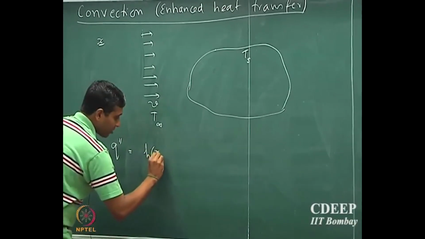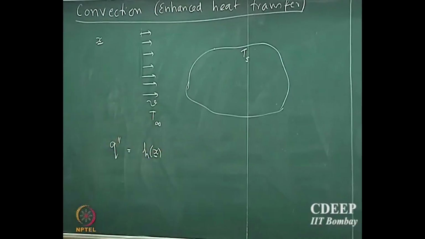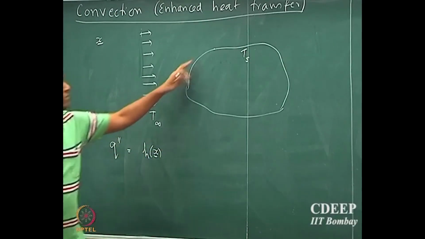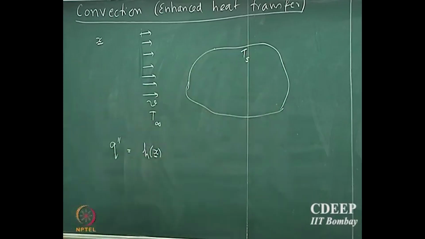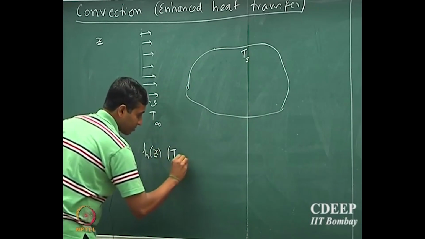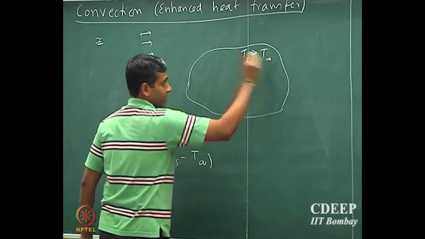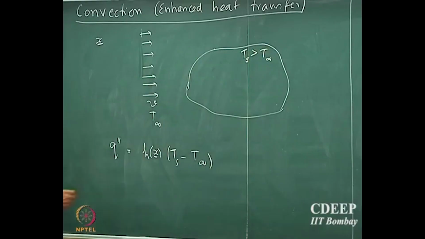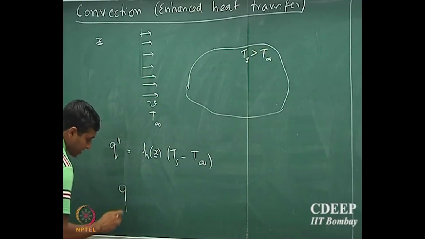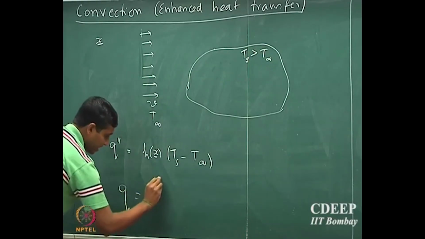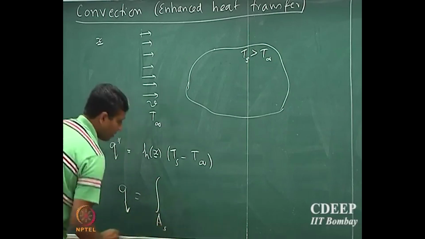So naturally h is going to be a function of the position, depends on where you evaluate the heat transfer, where you want to find the flux, and that multiplied by Ts minus T infinity, if I assume that Ts is greater than T infinity. And we said that we can find total flux by simply taking an integral over the whole surface,